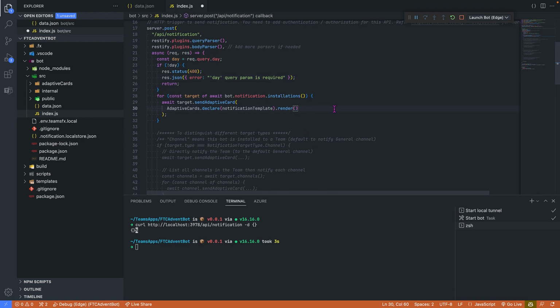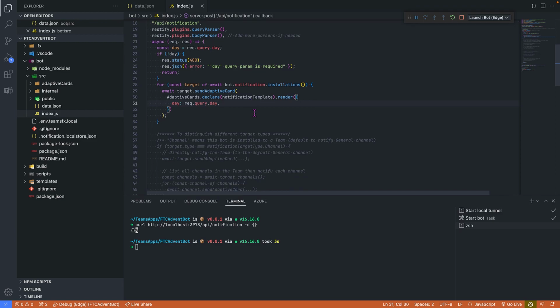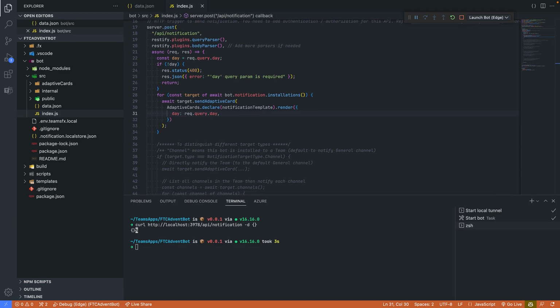And if it is fine, our loop's going to run. And what we're going to do is we're going to pass in the actual day into our render. So what we now need to do is to actually use this day value in our template. We need to update the template so that we can inject that into it. So let's do that now. So if we go to our adaptive card,